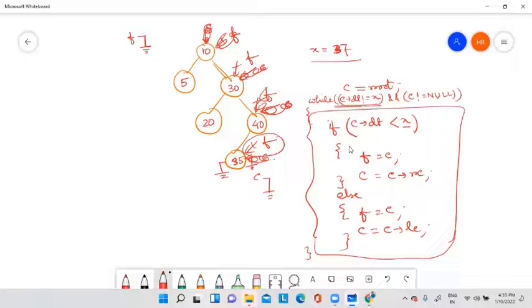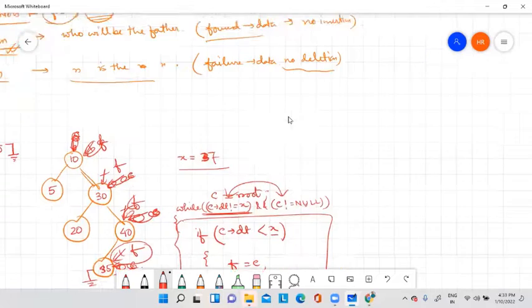If C stops because C arrow data becomes x and you are performing insertion, then no insertion. In case of deletion, if C stops because C arrow data becomes x, then you can delete. So these two conditions are very important for repetition. Finally, what is my goal? I have to find who is the father.